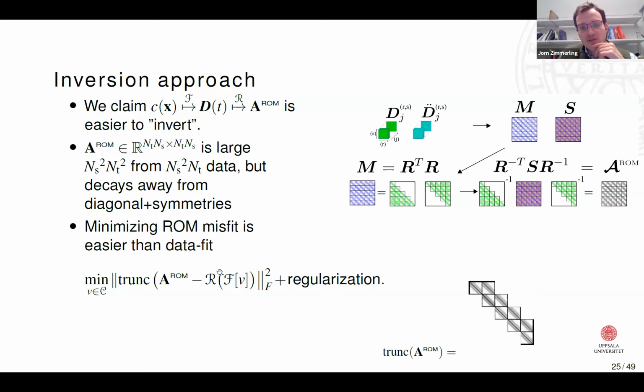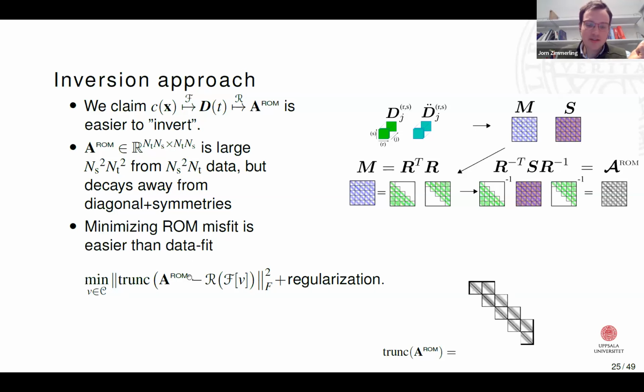We truncate this reduced order model, since we can show that most of the information lives close to the diagonal, and this truncation operator essentially only takes the first few blocks of this operator in order to reduce the dimension,